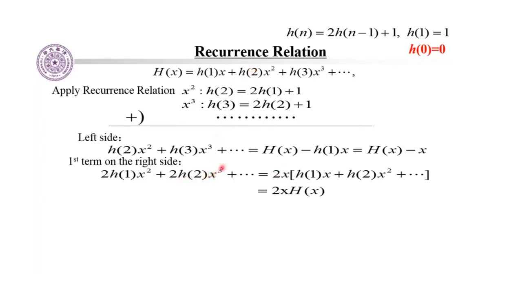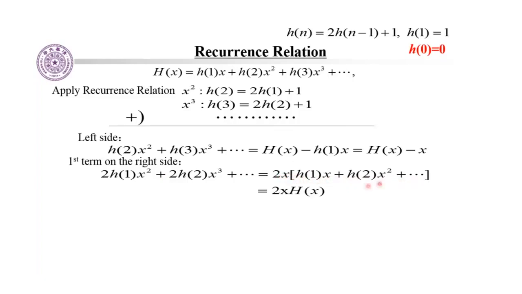And there is one more coefficient 2 before it. Corresponding to h2, the term should be x squared, but I multiply by x to the third power here. Thus, if it has one more 2 times x than the original generating function, then we will find that actually the first term on the right side, 2 times h1 x squared plus 2 h2 x to the third